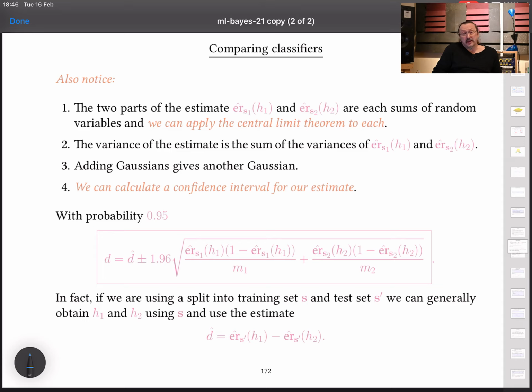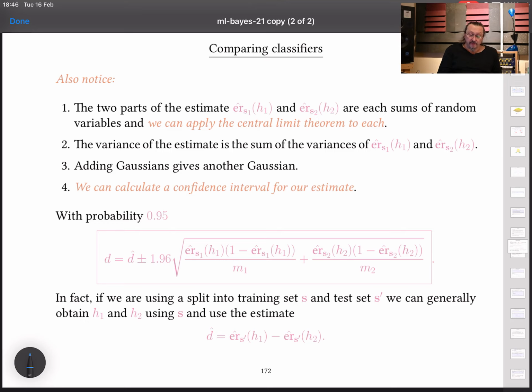Adding things that are Gaussian distributed together gives us something else that's Gaussian distributed. And so the confidence interval for the estimate of the difference in generalization performance between these two classifiers falls out